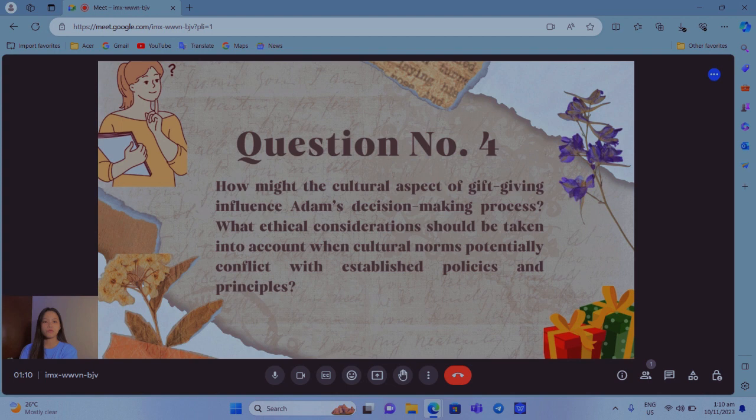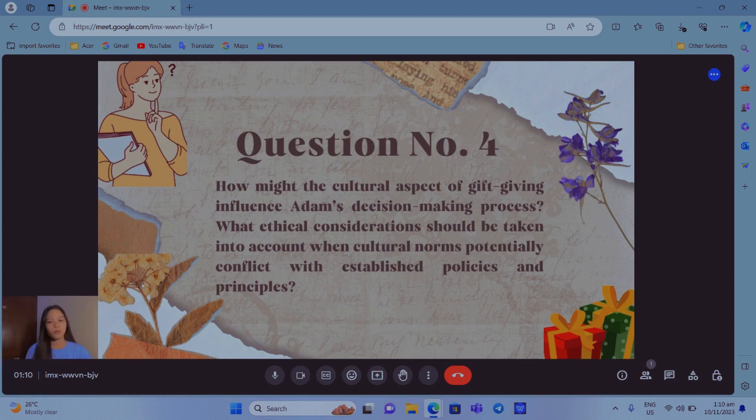Lastly is being grateful for gifts received. When Adam receives a gift, he should be gracious and express his gratitude. This will show that he appreciates the thought and effort that went into the gift. By understanding and respecting cultural norms, Adam can ensure that gift-giving decisions strengthen relationships and demonstrate respect without causing any